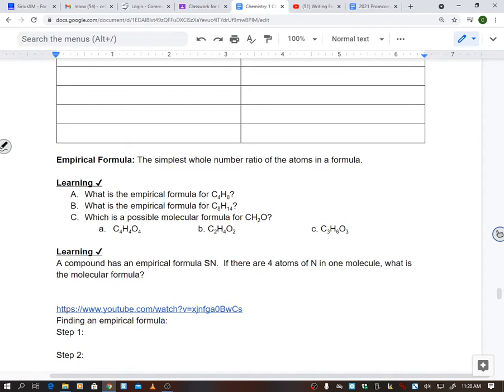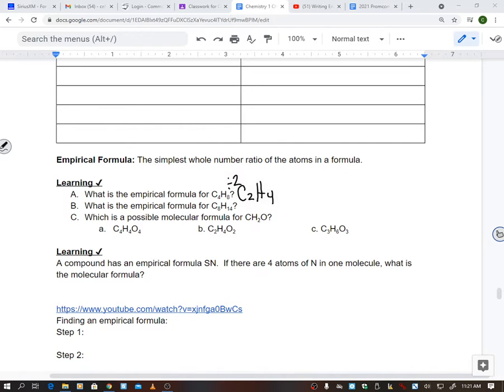All right, so I'm going to move on. The empirical formula is what Tyler said. It is the simplest whole number ratio of the atoms in the formula, right? That's what we're doing. We're dividing to make it as simple as we could. So the learning check here is, what is the empirical formula for C4H8? Well, we're going to divide those by 2, right? They're both divisible by 2, so that becomes